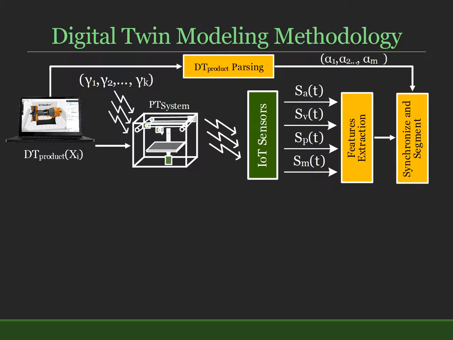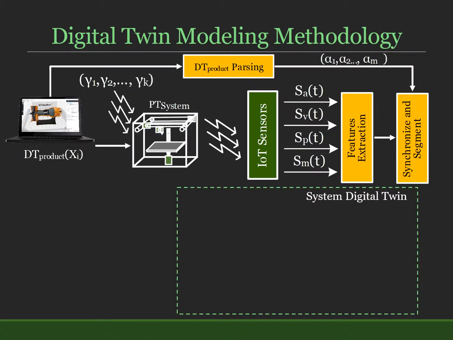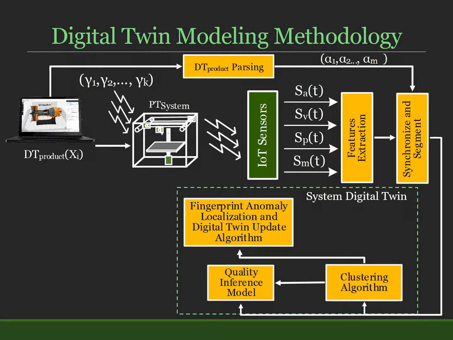The proposed digital twin of the system consists of 4 blocks. The first one is the clustering algorithm, which clusters the analog emissions to create a fingerprint of the alpha parameters. Since we fingerprint the system from the analog emissions, we effectively capture the interaction between the product digital twin, the system physical twin, and the environment. The second block is the quality inference model. This model is initially trained using a data-driven modeling approach. It utilizes the analog emissions, the process parameters, and the product digital twin to infer various key performance indicators such as